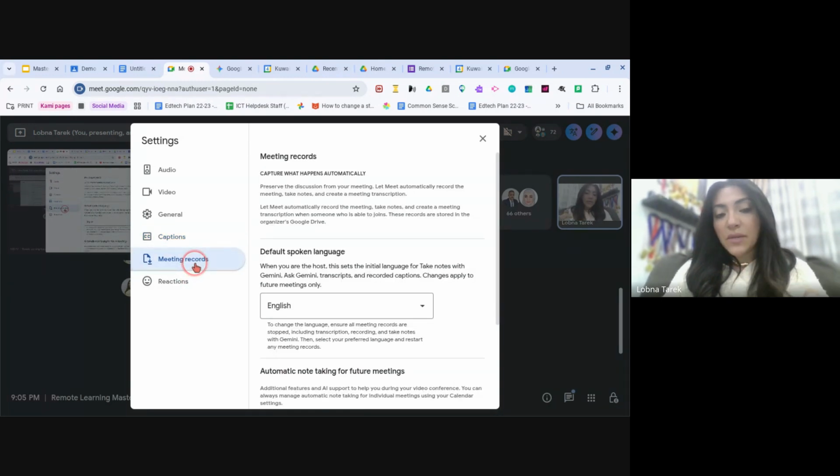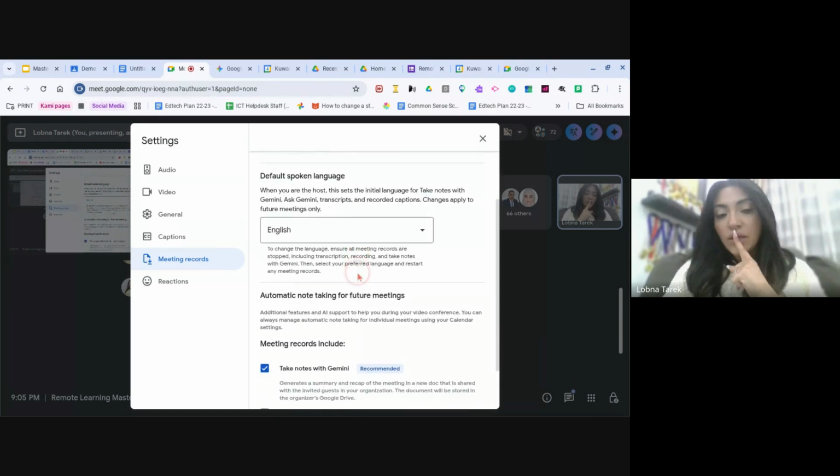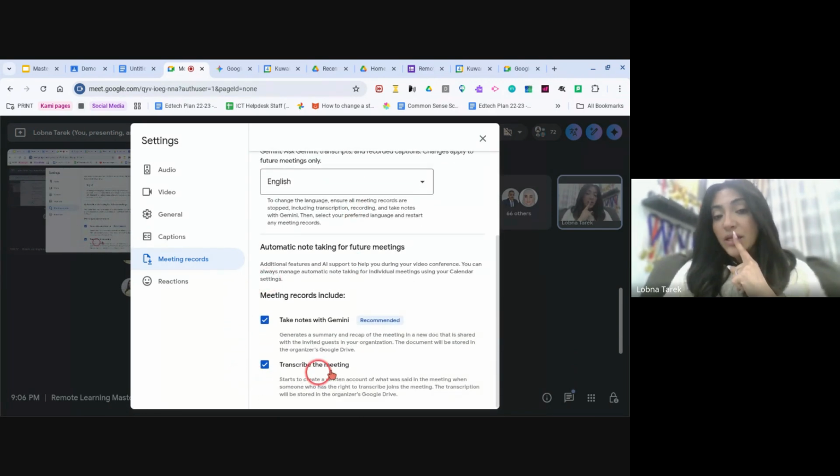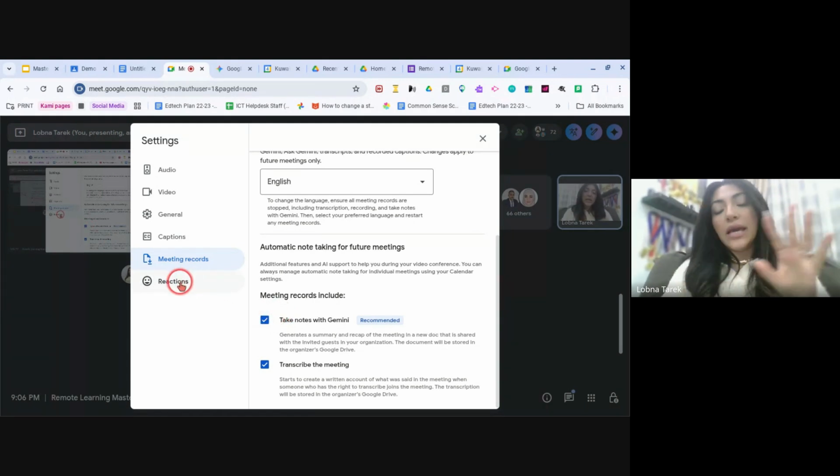Here are the meeting records that you can adjust as well. And here, taking notes with Gemini, again, is not a free option. It is for the plus accounts. And the last one is the